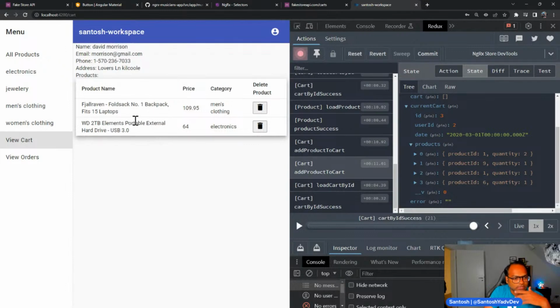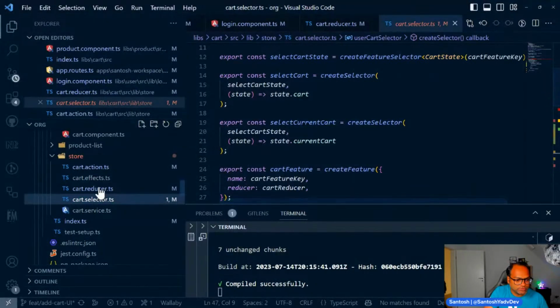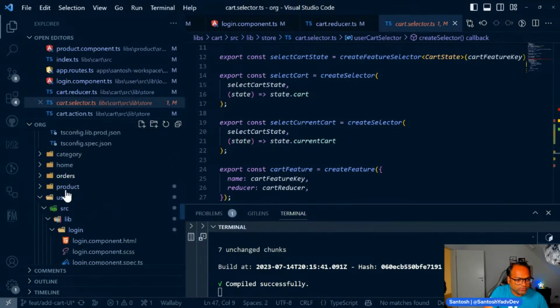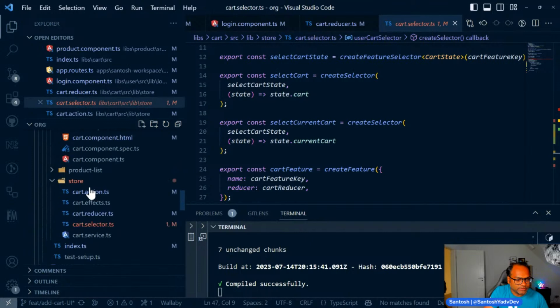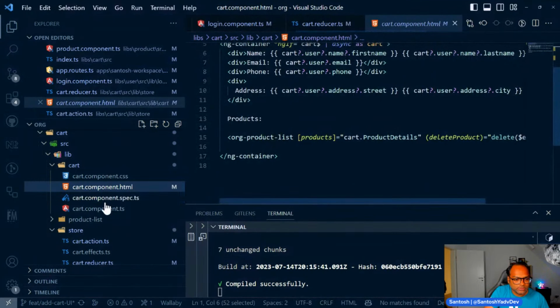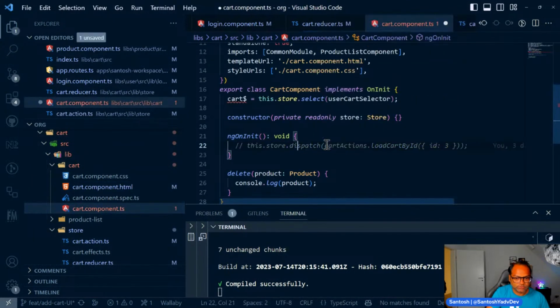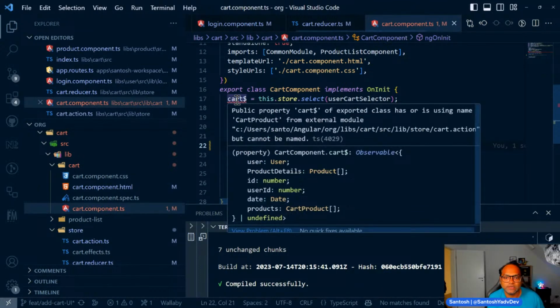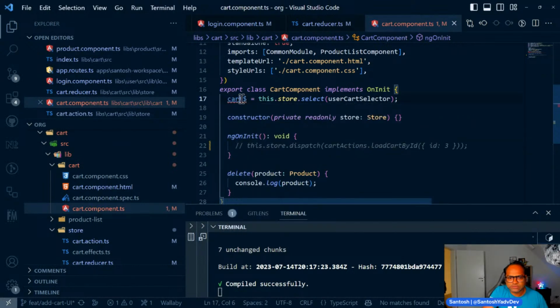And we saw, okay, so I think there was a time we saw 4 products, and then because we called load cart by ID again. So let's go back to cart and remove this call now, because otherwise it will reset the store. So cart component .html, no, sorry, .ts, and let's remove this. And here we have some public property cart of exported class has or is using name cart product from external module. I mean, let's